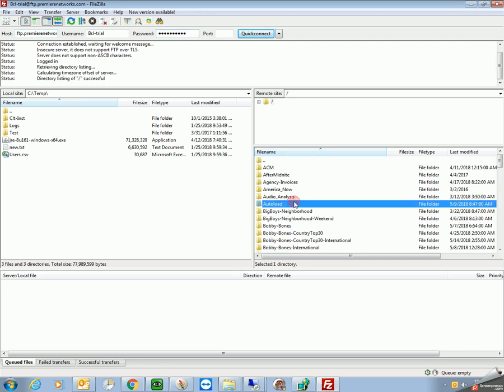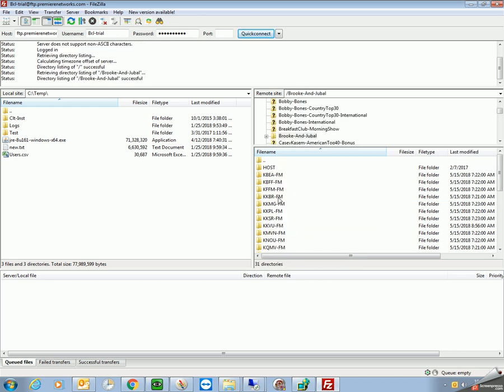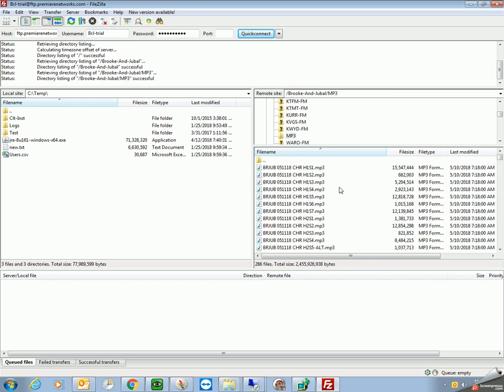Now on the right hand side, it shows me the FTP server folders. Brooke and Jubal. Again, like we mentioned earlier, if you were a station using your station call letters as your username, you would find your station folder. Today we're going to MP3, and just for a different example, we're going to use the CHR files now